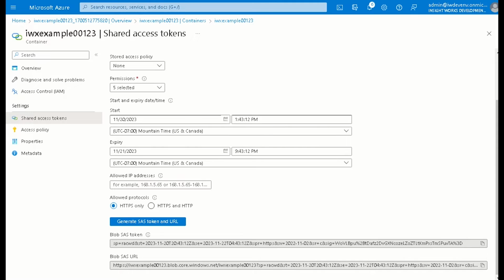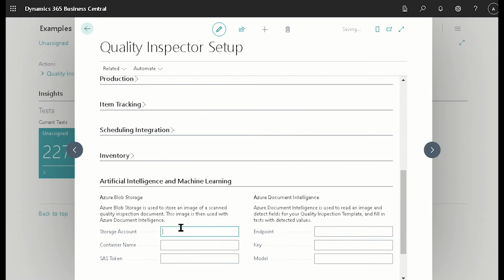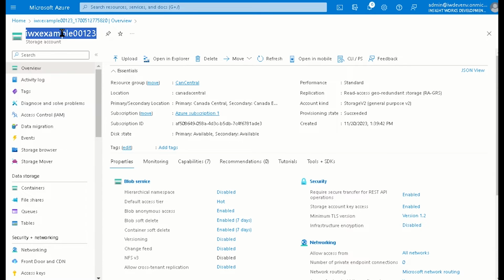the Quality Inspector setup. So let's configure in the Quality Inspector what we've got so far. So we're going to navigate back to Business Central. And inside of the storage account, we're going to put in the storage account that we just created, which is this example.